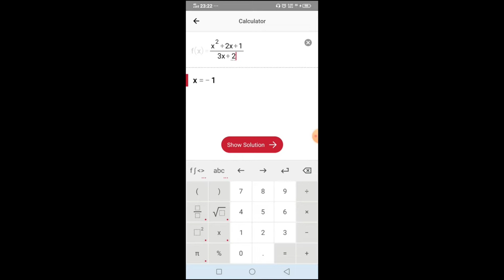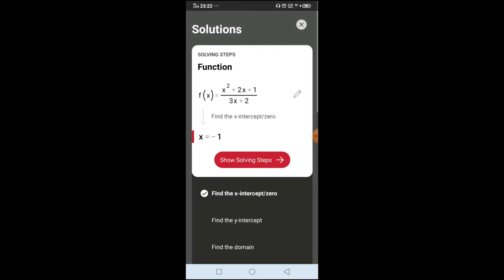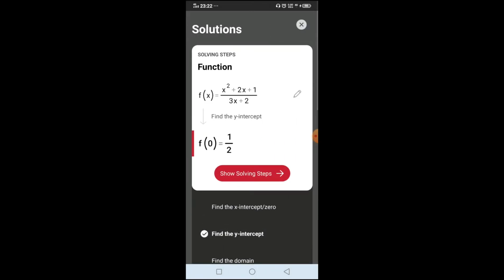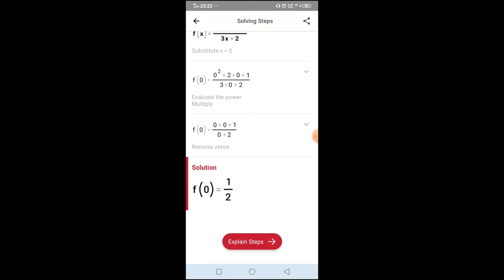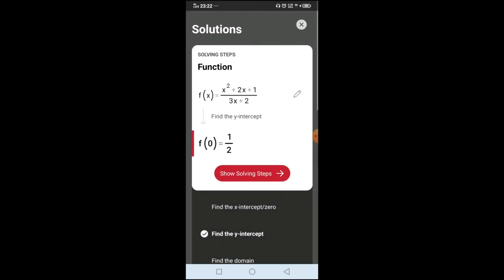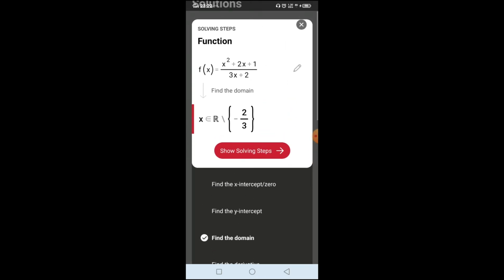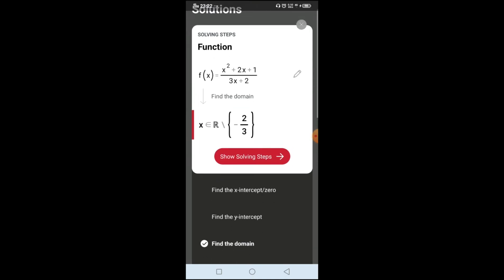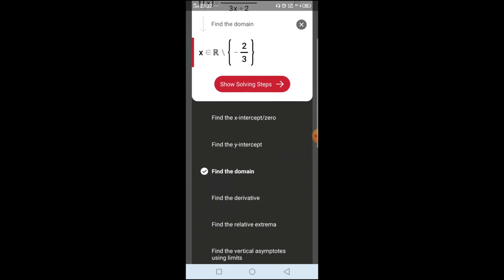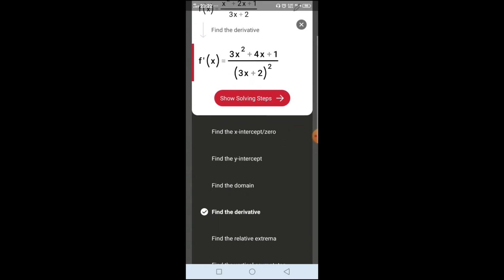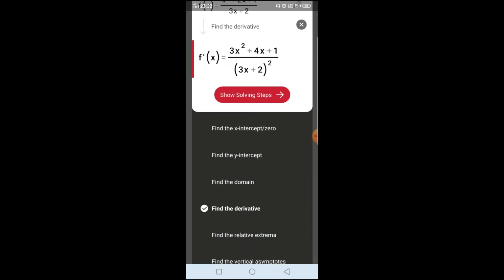Okay, so right away it will give you the necessary information that you need, such as the x-intercept or the zeros. By clicking solving steps, it will show you the solution. It will also help you find the y-intercept together with its solution, and it will also find the domain together with the restricted value of x. It will also help us find the derivative, which is not covered in our topic. It can also find the relative extrema